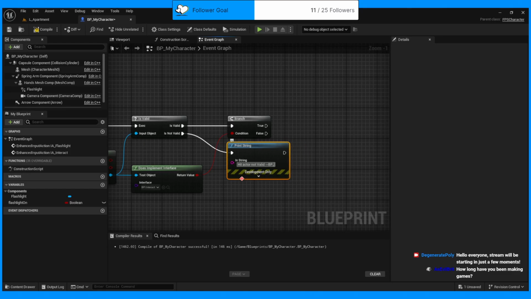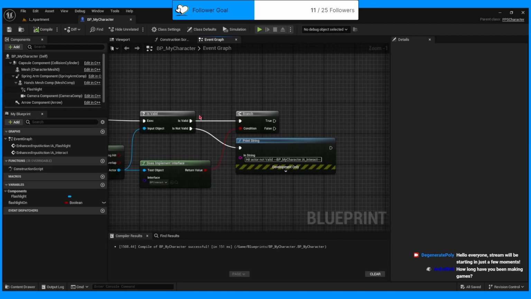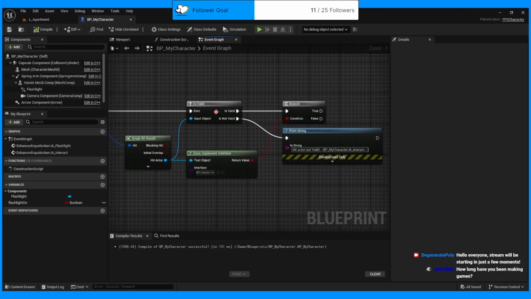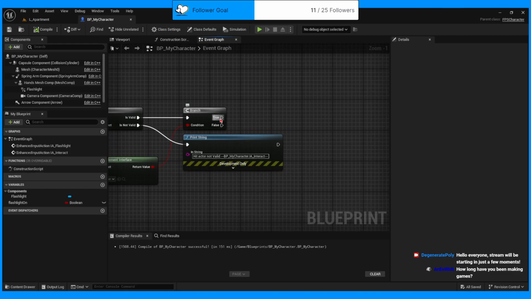Oh, wait, BP my character. BP my character. IA interact. So if the actor I hit isn't valid, I'll get a warning right there. But now, if it is true,